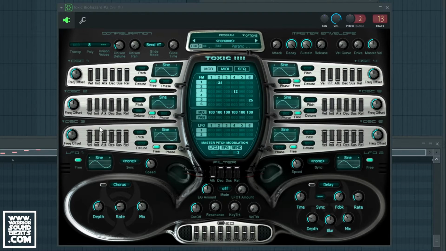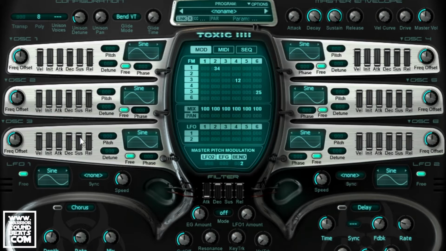Alright, now a big thing is each of the oscillators needs to have its attack and decay ever so slightly different. So what we'll need to do on just about every one is take the sustain right the way down, because we don't really want it to sustain, we want it to be affected by our note duration, so we can choose how it affects when we've got multiple notes. So now, cool, so a lot of them we want to reduce the decay down to about halfway or less. Do this to taste as you go along. If we get them also around halfway for the meantime,